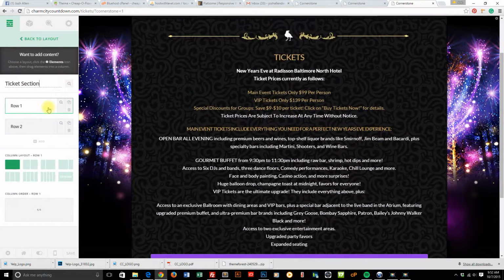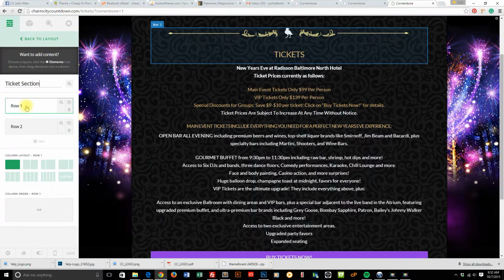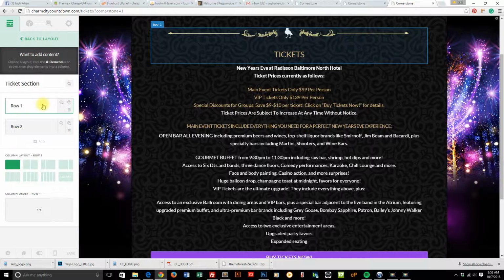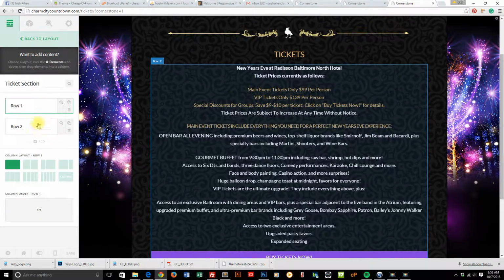Okay, so if we go back to this icon up here, this is our columns. So we click ticket section, we have row 1, and you can name these. You can click on the row. Yeah, you can go in later and edit them. But the row 2,